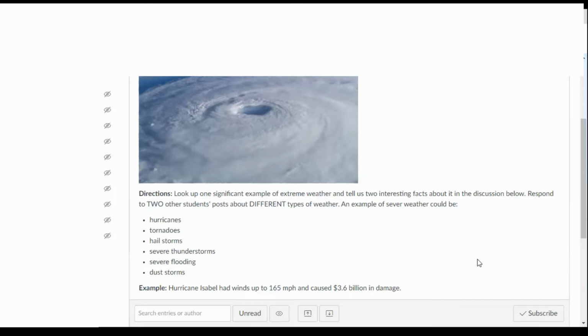I prefer that you would pick classmates who chose a different type of weather. So if you picked a hurricane, choose somebody that talked about a flood or a dust storm or a hailstorm or something else. If hurricanes are the only thing up and that's what you chose, you can go ahead and reply to those if you need to. But try to reply to something that's a different type of extreme weather so you can have exposure to several of those and have some conversations. So your own post, reply to 2 others, and then you're done with the Bellwork.